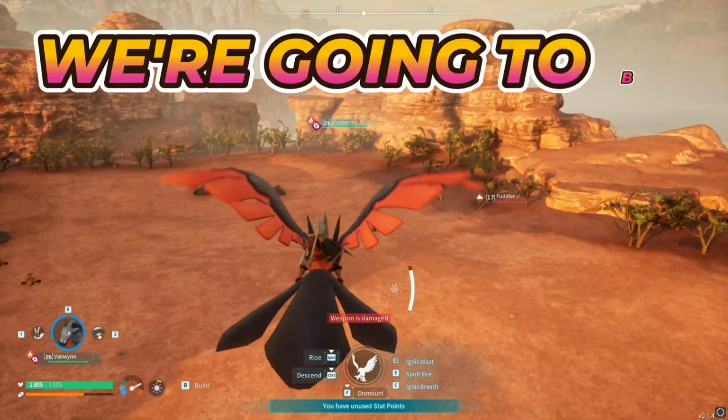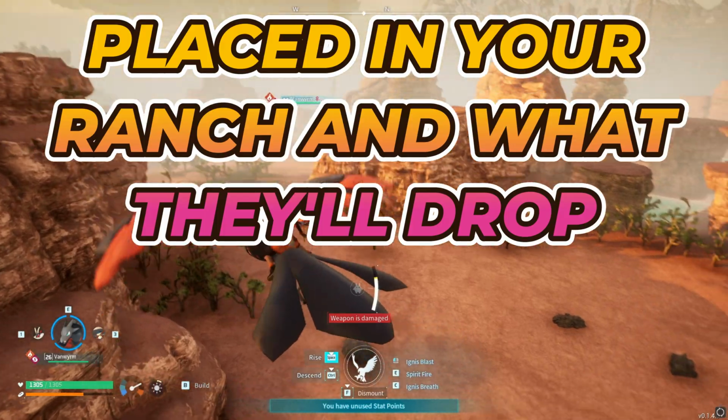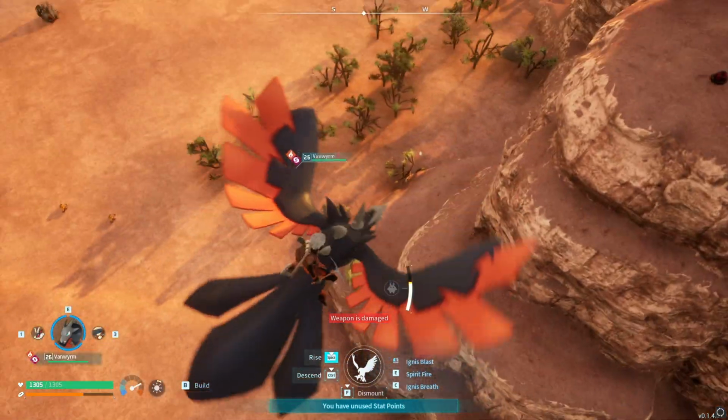In today's video, we're going to be talking about every single pal that can be placed in your ranch and what they'll drop from it, so you'll know exactly what to farm and what pal you'll need to farm that